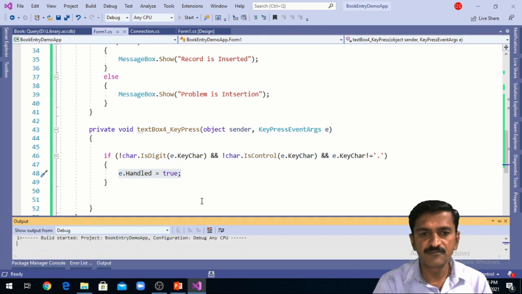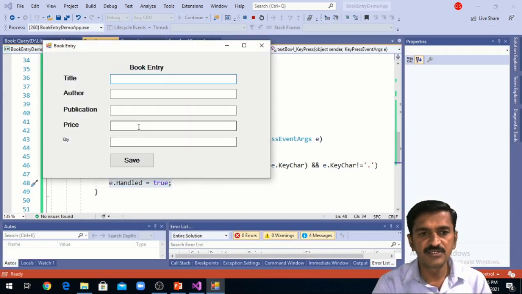Now you can check that the dot will be accepted into this text box. No other key will be accepted here.